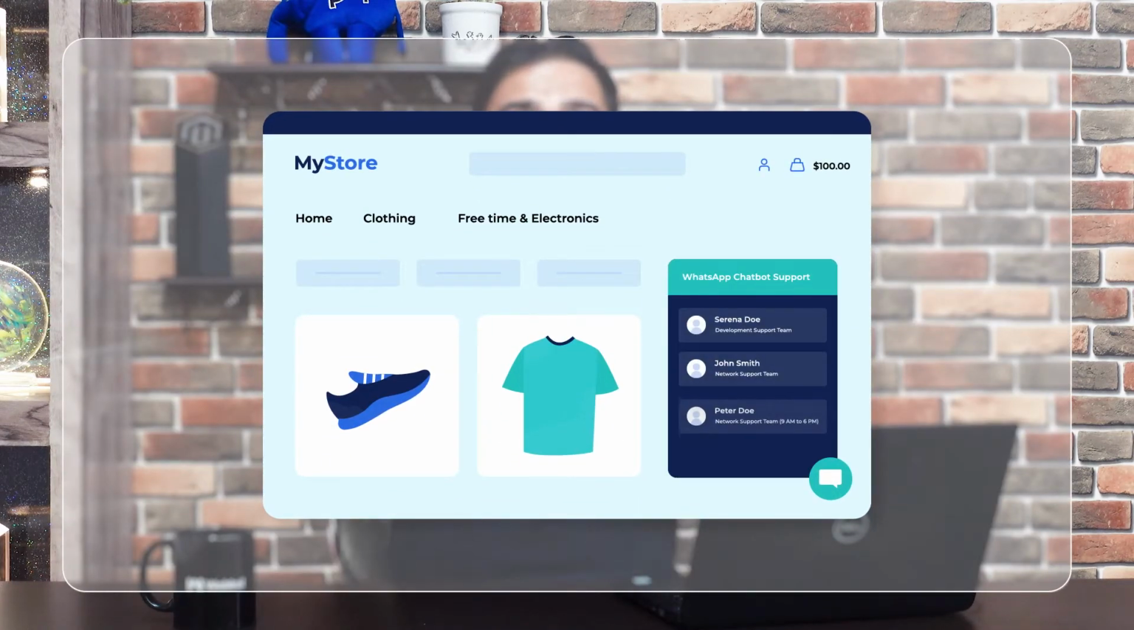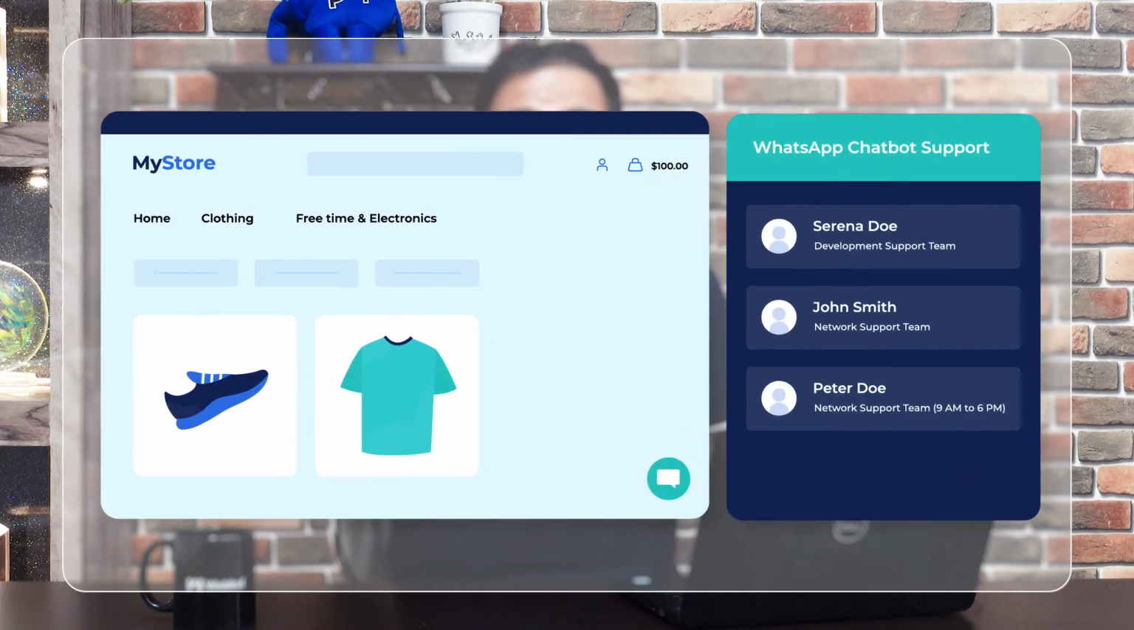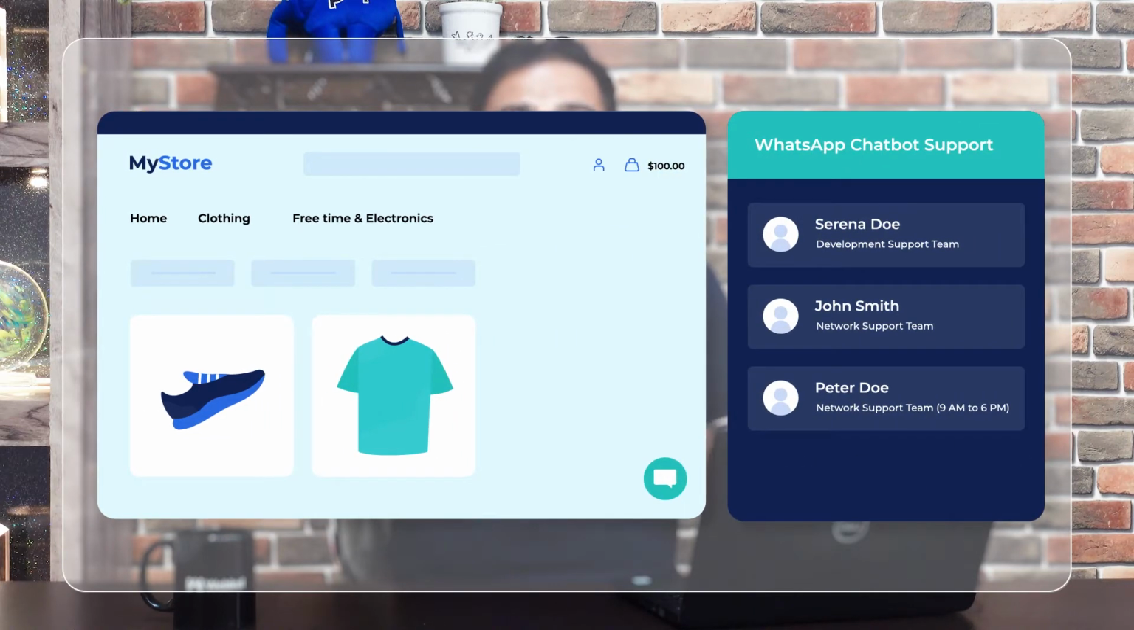Tapping on that would bring up the complete list of the agents that are available right now, and the customers would be able to see the availability time of each of the agents and the departments for each of the assigned agents within the WhatsApp live chat window itself. Kindly note that this feature works for web browsers on desktops and laptops as well as for